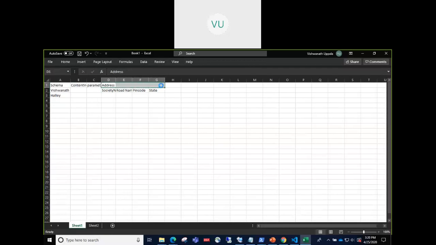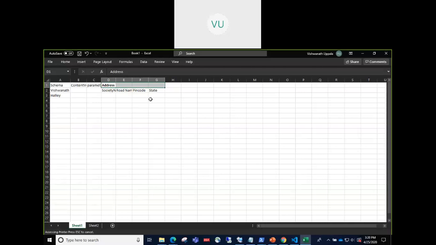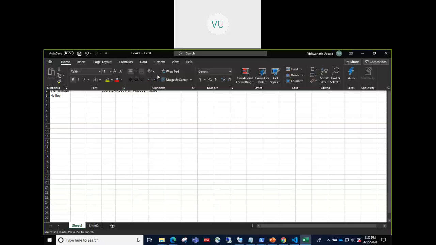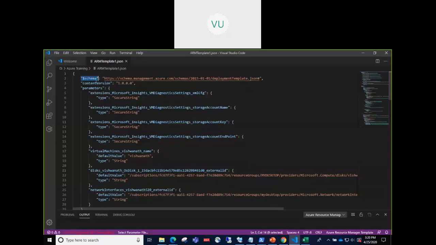What we will do is simply merge this into one. Let me just do that here. This is the simplest way I'm trying to explain how JSON is structured. So if I say merge here, this is the address. Think of our ARM templates like that.